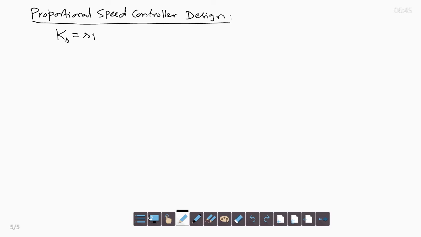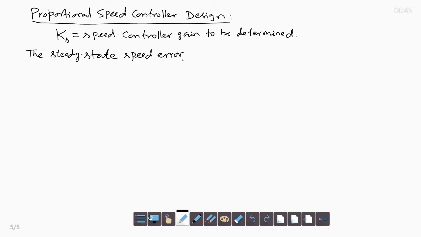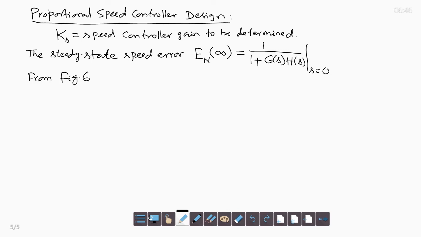Ks is the speed controller gain, to be determined. The steady state speed error, that is En infinity, equals 1 divided by 1 plus GS HS for the speed loop at S equal to 0. GS is the feed forward gain, and HS is the feedback gain, both for the speed loop. Let us refer to figure 6 which we have drawn earlier. From figure 6, for the speed loop,